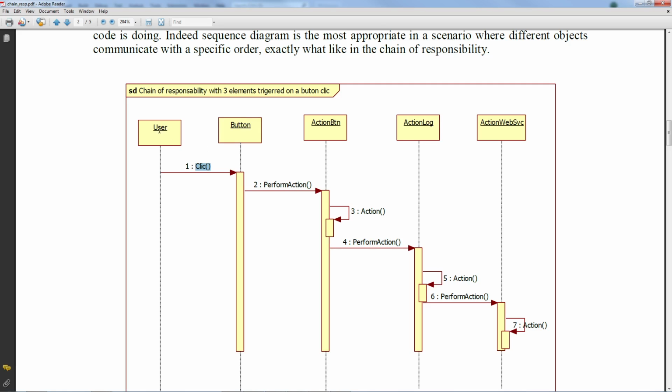So I have a user which has a reference to the button, and I call the click method of the button instance. Then the button has a reference to an action button, and it will call the perform action on this object. Then the object will make its proper action and chain what follows.